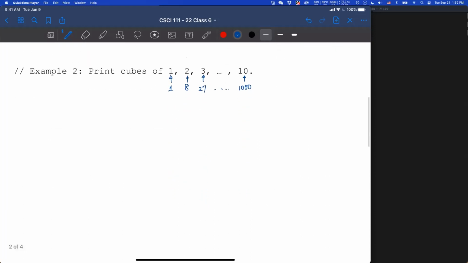So how do we code this? Start the counter at 1. Okay, so we can start the counter at 1. Then what's our question?